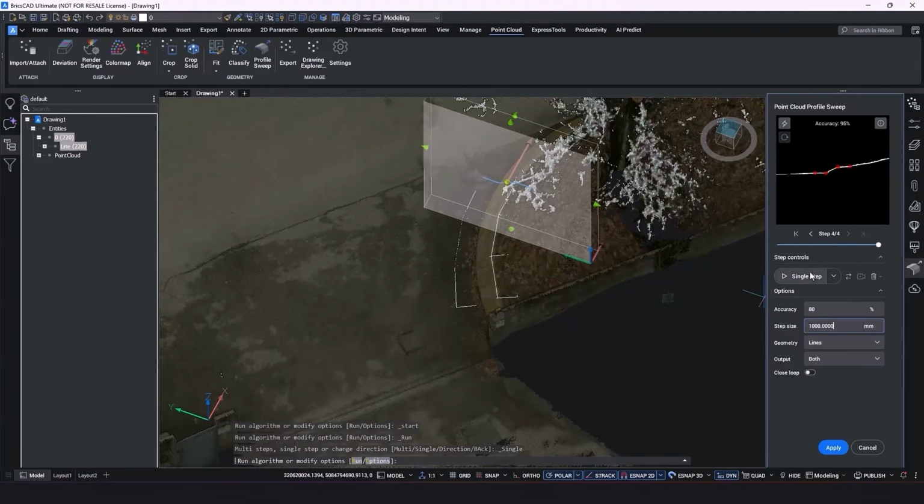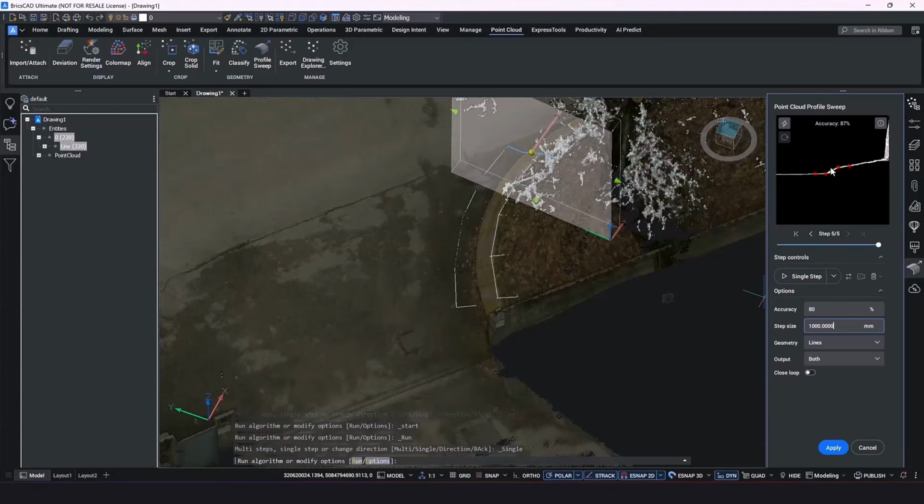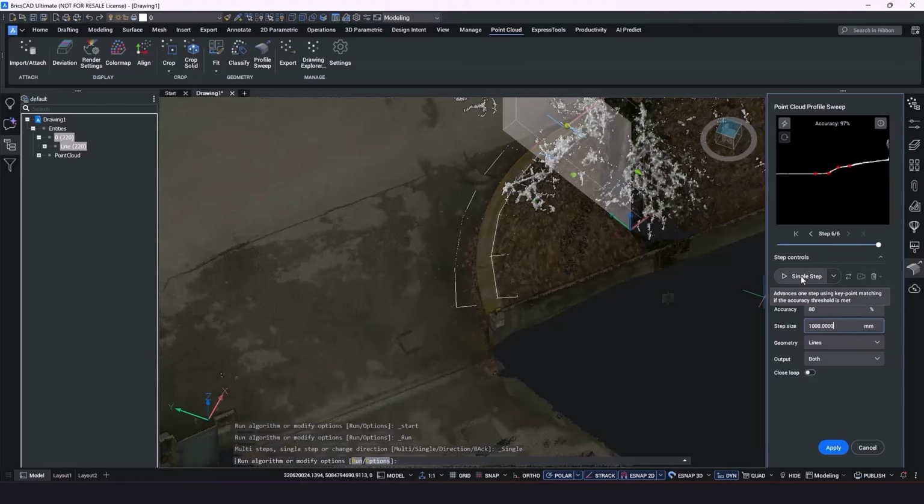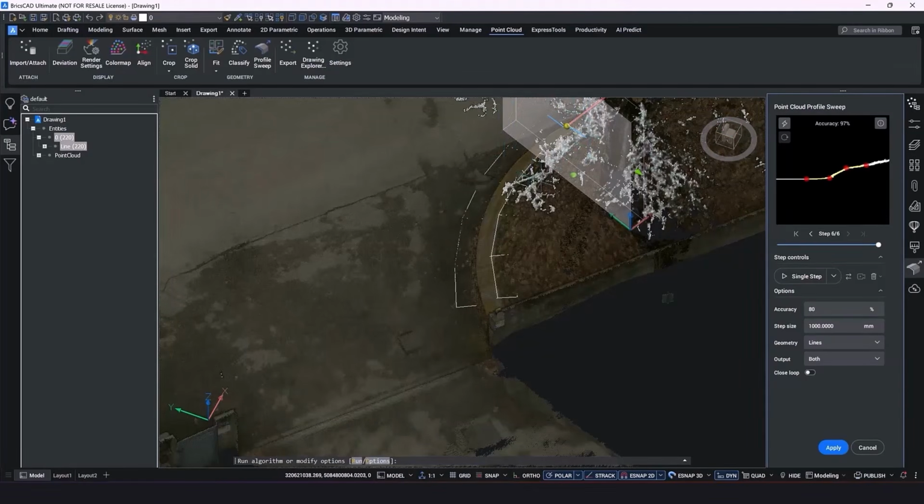Okay, we're on 95, 87. We might want to have a look at this one. So let's just adjust those key points and try one more. Now we're back up to 97. So we seem to be doing all right with our accuracy, but you'll notice that we're starting to lose sight